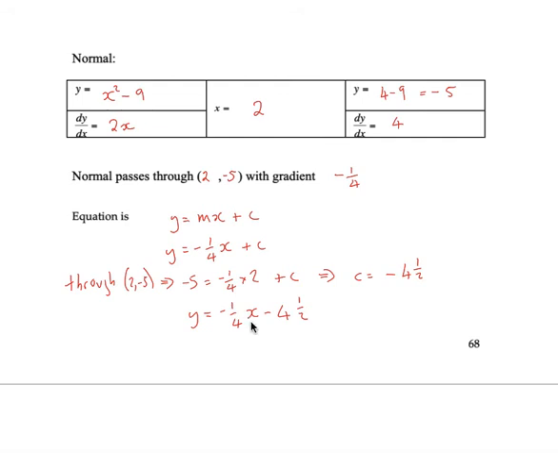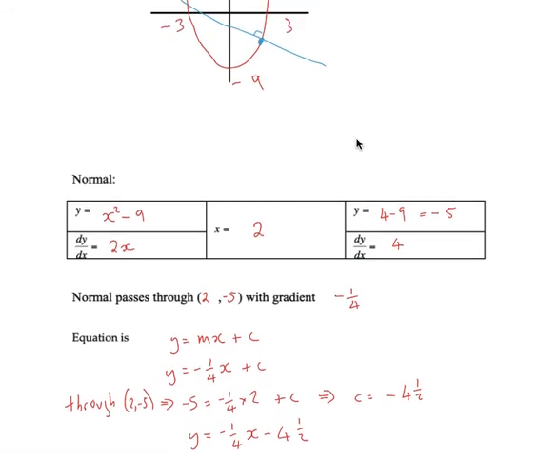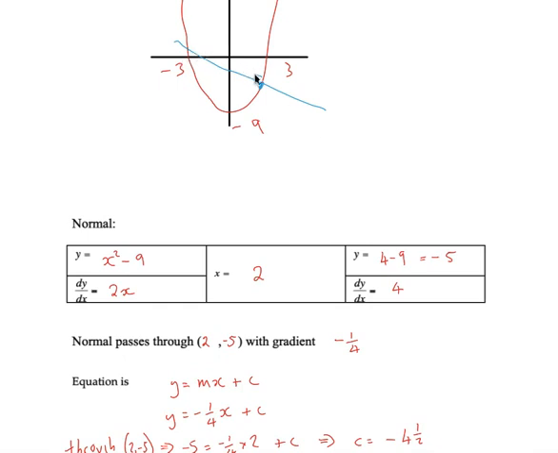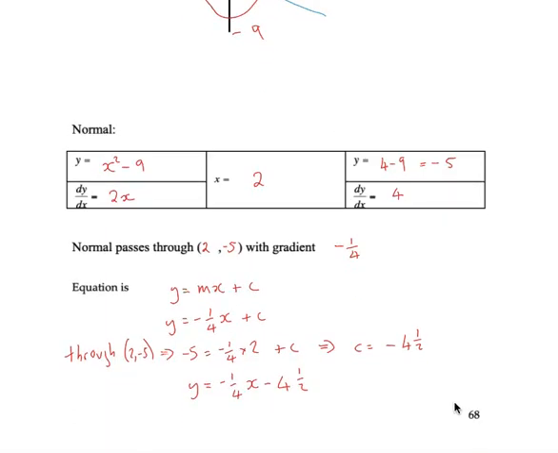Minus a quarter x minus 4.5. Just have a look. Does that make sense? Yes, it would be a negative gradient, and that looks about right. And if you plotted it more accurately on a GDC, it would show you